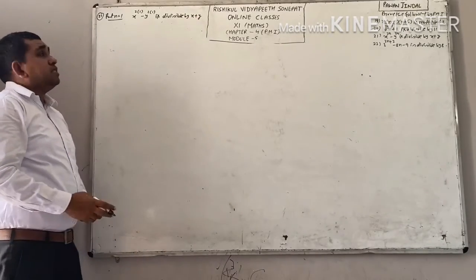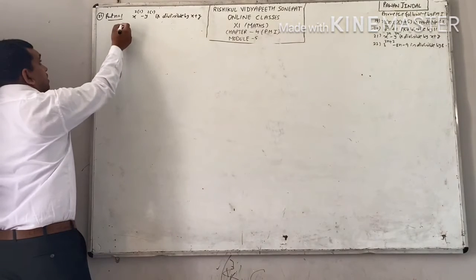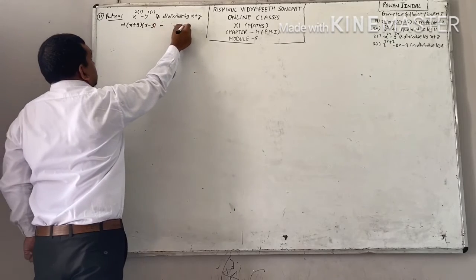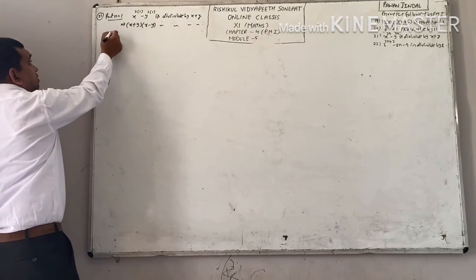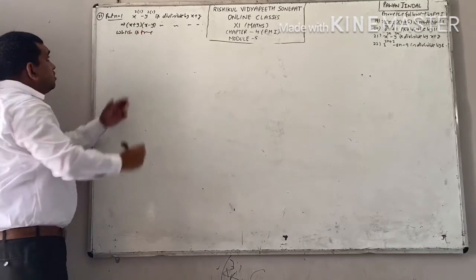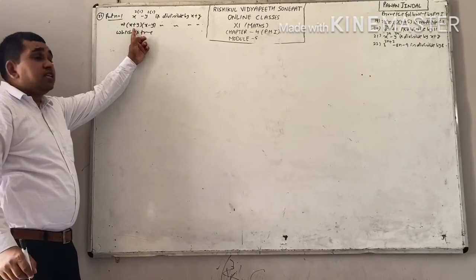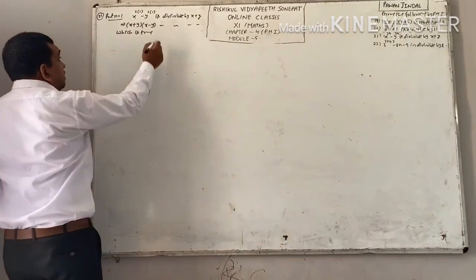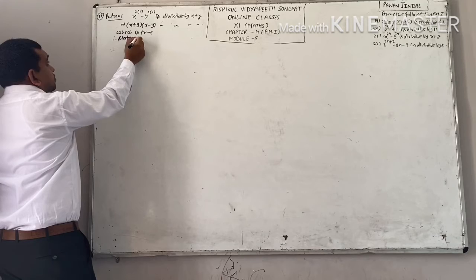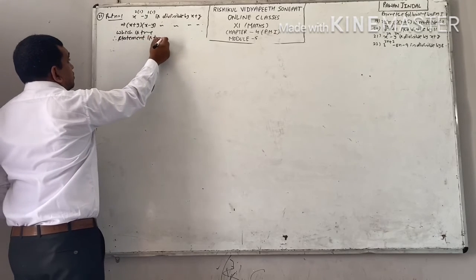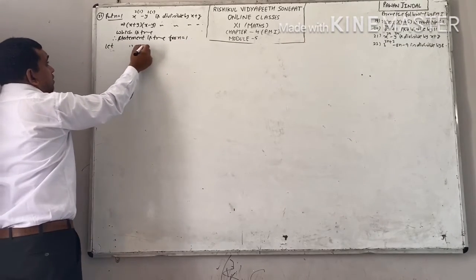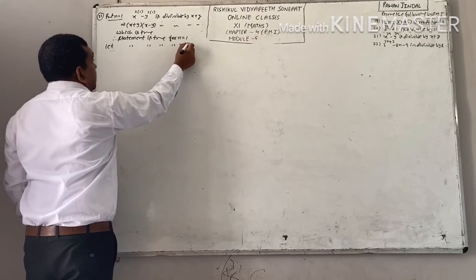This is your x square minus y square, and you know the factors of x square minus y square. Factors of x square minus y square are x plus y, x minus y. This is divisible by x plus y. Right? Which is true because here we are having one factor x plus y. Therefore, this will be divisible by x plus y, which is true. Therefore, statement is true for n equal to 1.